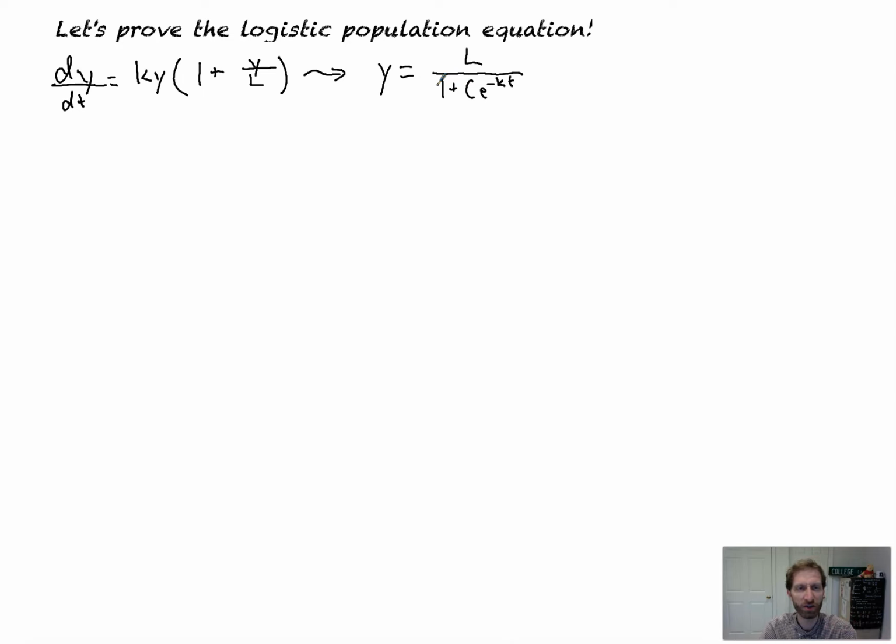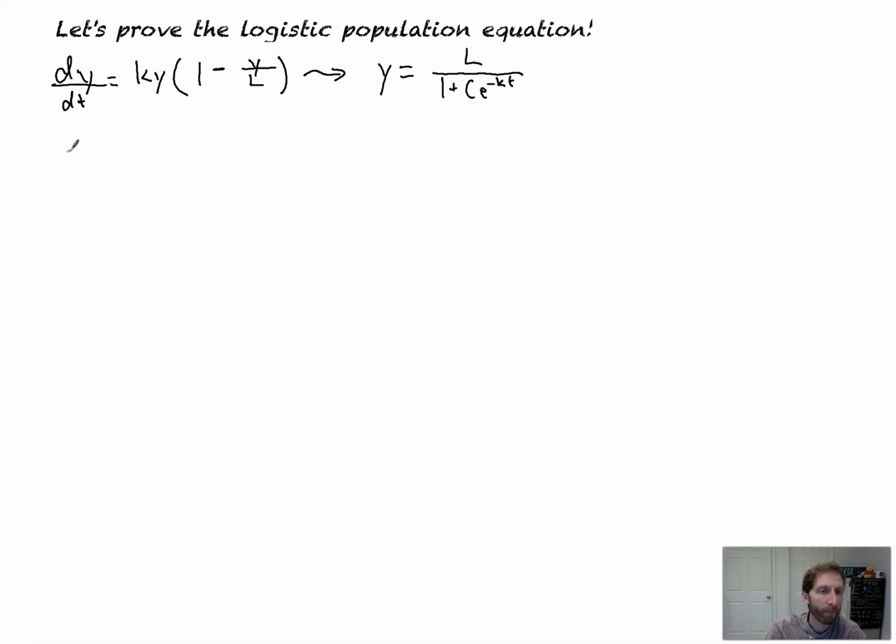It's a gnarly integral. So we're going to solve this differential equation to get our population equation. Makes sense. We go from the rate at which the population is changing to the population function. This requires some serious manipulation. So what I've got going on here is my normal equation right there, and of course I wrote it as 1 plus. It should be 1 minus, right? So we go from 1 minus y over L